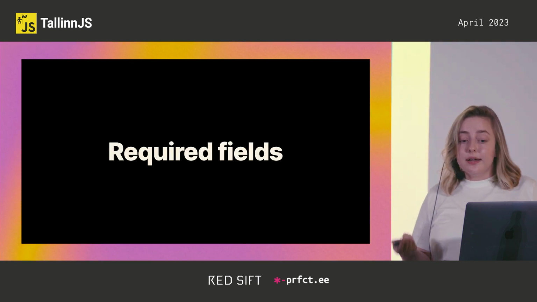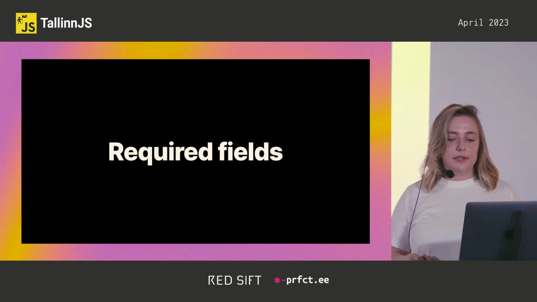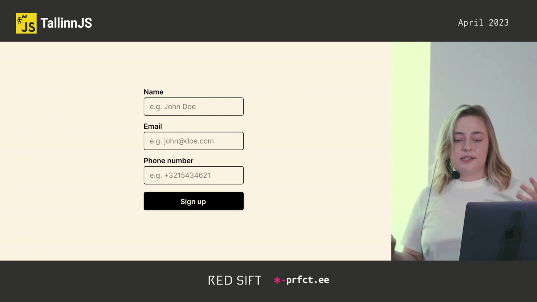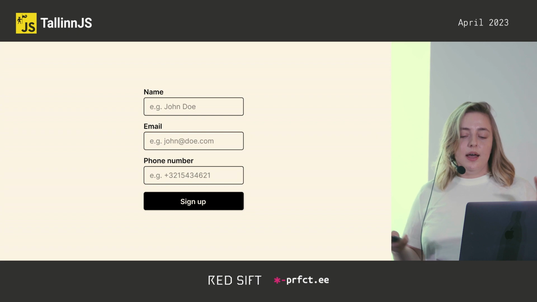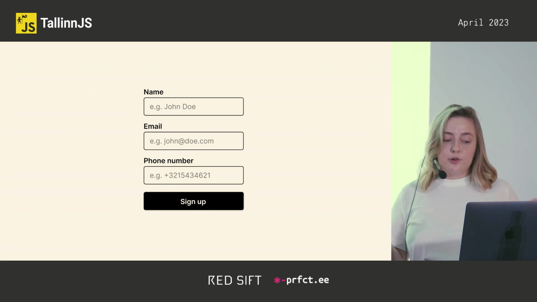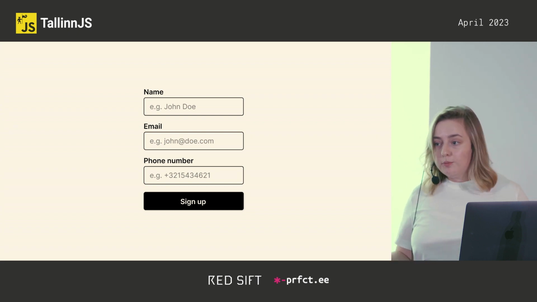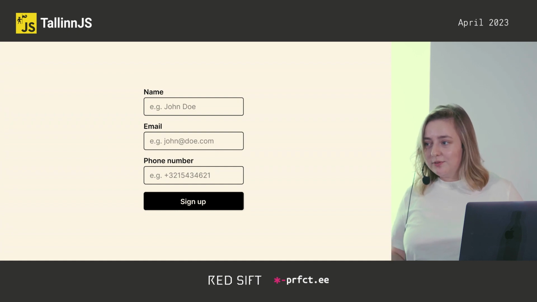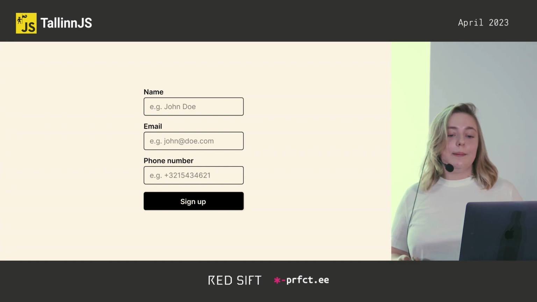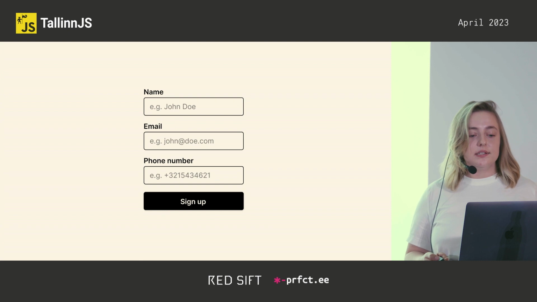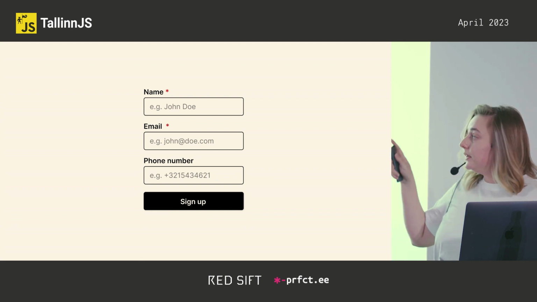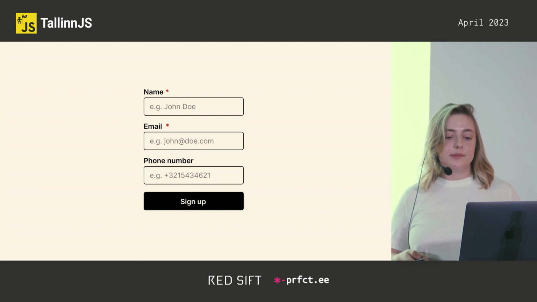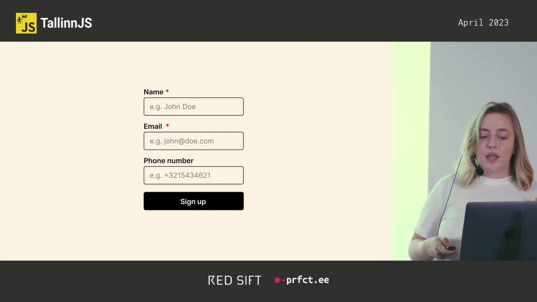Now let's talk about required fields and how to implement them accessibly. So let's say we have a form, and some of the inputs within the form we absolutely need to have, but some of them are optional. The first thing you should probably consider is just removing optional fields altogether. It's better for everybody, a shorter form. But let's say you cannot do that. One of the really common patterns on the web is displaying a red asterisk near required fields. So let's see how we can implement it